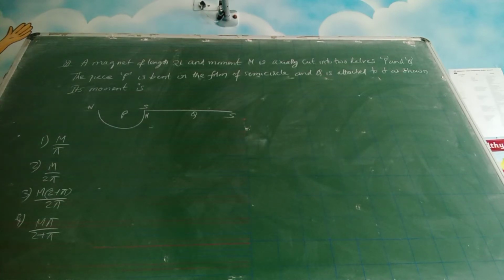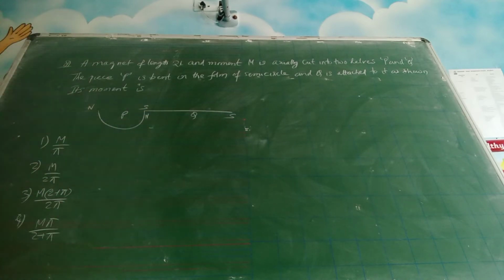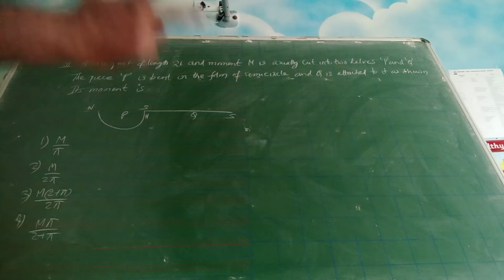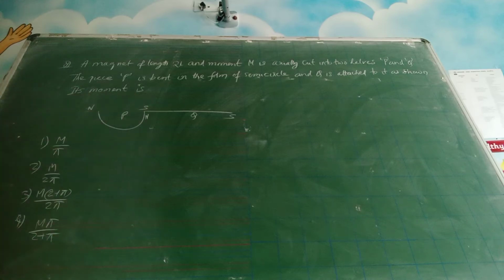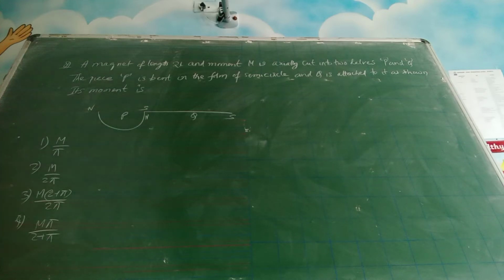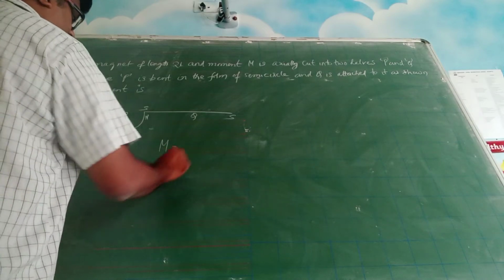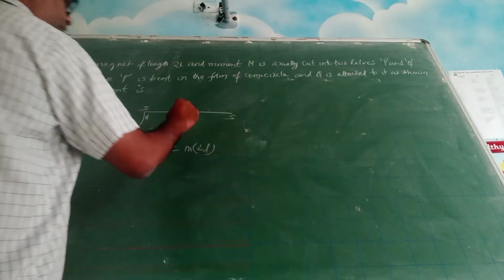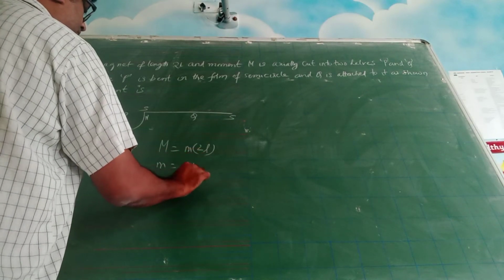Now look at this question. In this question they are saying that there is a magnet up to length 2L. Now it has got two portions, P and Q, such that the P portion has been bent like a semicircular arc, and this Q portion is straight. Now they are asking you what is the new magnetic moment. See, originally if the magnetic moment was m, it was m into 2L. So the pole strength was m upon 2L.